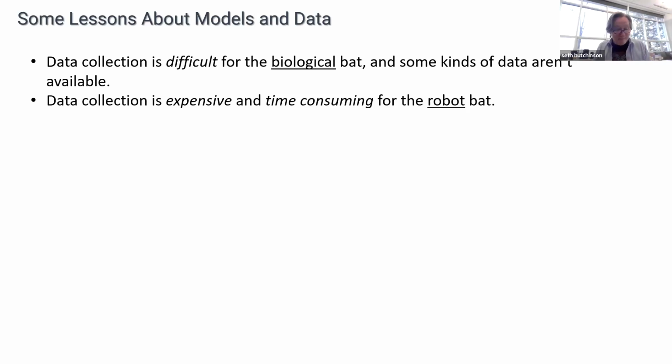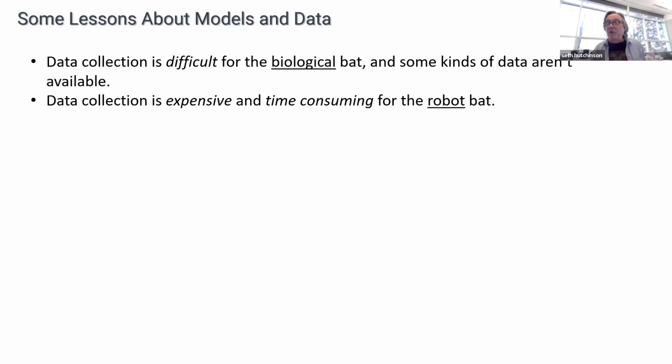So the robot bat, I mean, you saw it, we could throw it, but if you noticed, the experiment that I showed you was in this giant stock pavilion. There's no motion capture system in there, right? That's completely off the table for us. The expense of equipping that with motion capture is far too high. So there's no ground truth data available for long flights. The only ground truth data we had available was for very short flights in the motion capture room. And it's hard to analyze steady state long-term behavior over short trajectories.